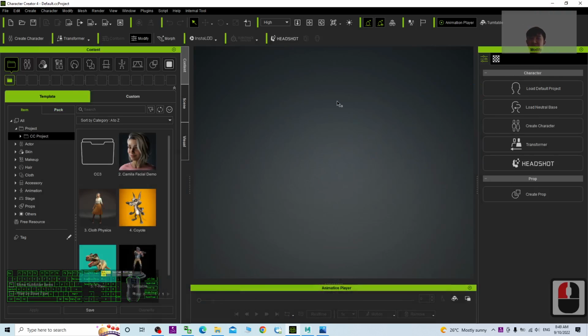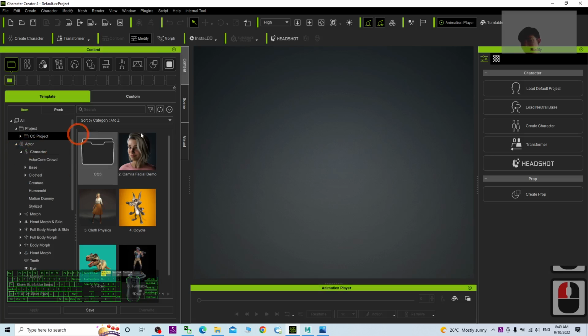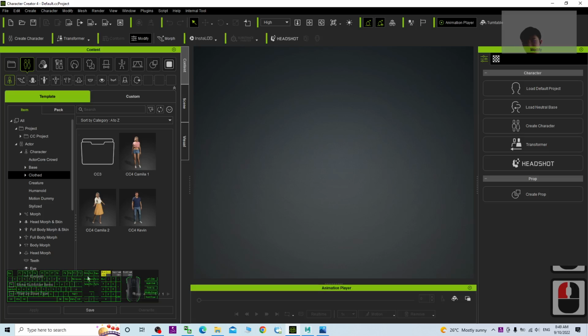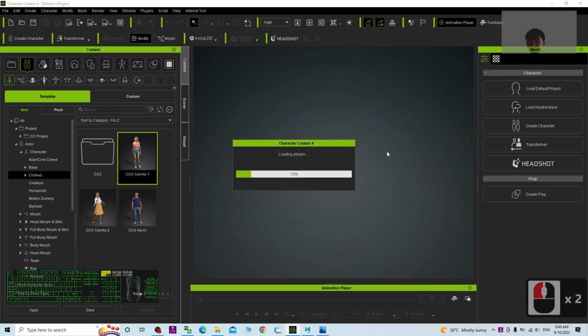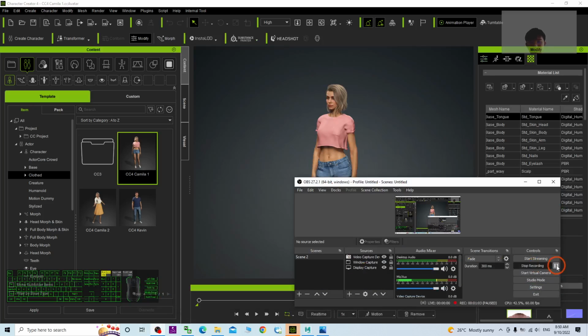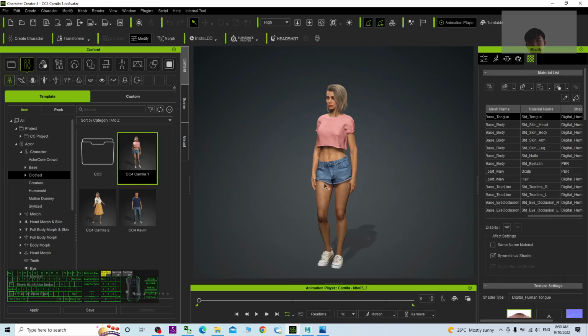Now I already opened my Character Creator 4, and as a demo I'm going to open a cloth character, for example the Camilla 1. I double click to open it. Now Camilla is loading, we have to wait for a while. Now the CC4 Camilla has already